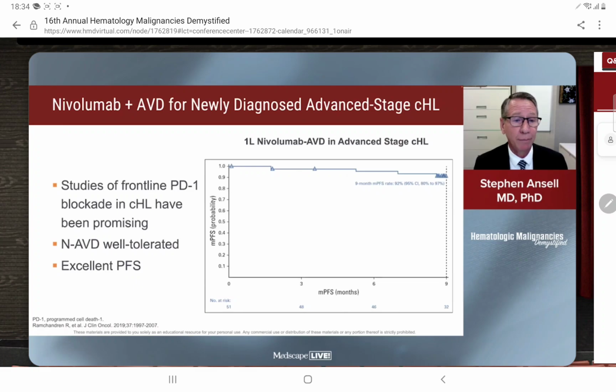Further new drugs have been applied in advanced stage patients, and this was a small study of 51 patients looking at the addition of nivolumab plus AVD chemotherapy, and you can see here the results in the initial study were very promising. Treatment was well tolerated. The progression-free survival, although the follow-up was short, was still excellent. And this then led to a combination